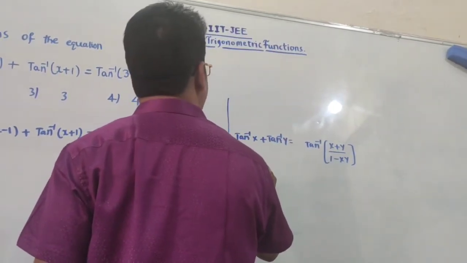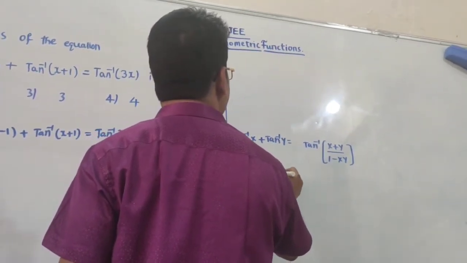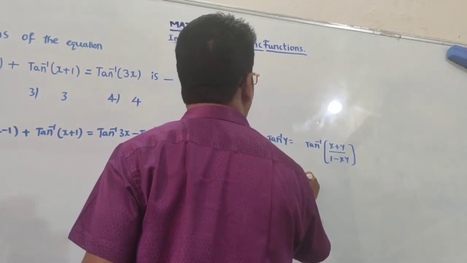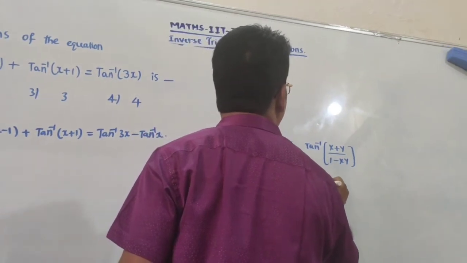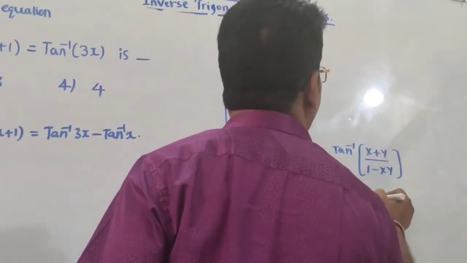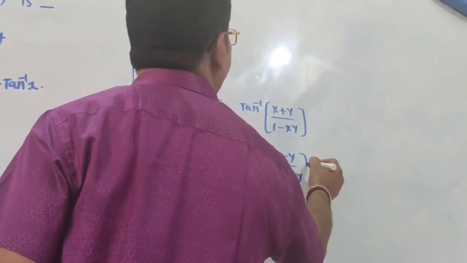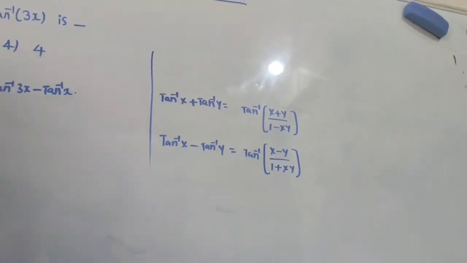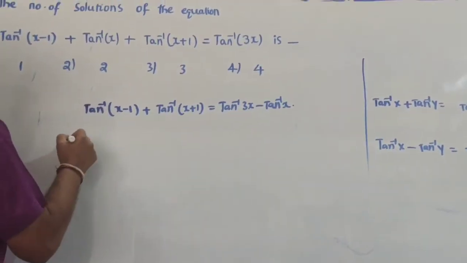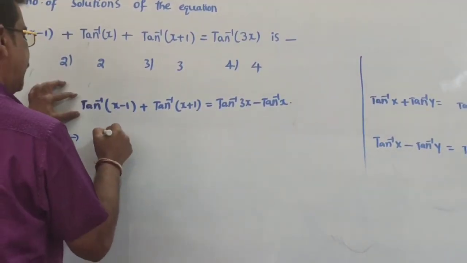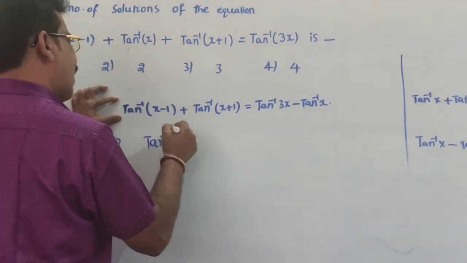Similarly, tan inverse of x minus tan inverse of y equal to tan inverse of x minus y divided by 1 plus xy. So, using that, LHS is tan inverse of